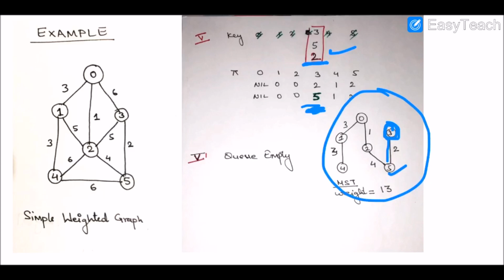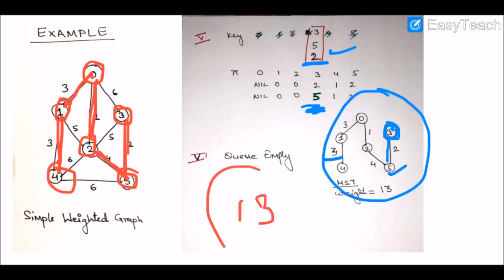And how are we going to calculate the weight? See, the edges are 3. So what is the spanning tree that we have constructed? See, 0, 1, 2, 3, 4 and 5. These are the vertices. Why? Because the minimum spanning tree should have all the vertices present in the graph. And what are the edges? This one is the edge, this is the edge, this is the edge, this is the edge, and this is the edge. So what is the minimum cost or the MST weight? We'll see this: 3 plus 3, 3 plus 3 plus 1 plus 4 plus 2. So the minimum cost weight will be 13.